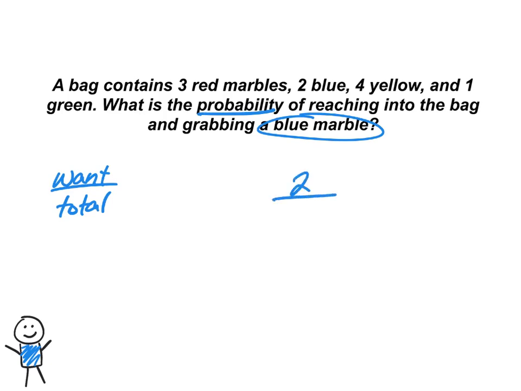Now we have to figure out the total to go in the denominator. There's 3 red plus 2 blue, that makes 5. Plus 4 yellow is 9, plus 1 green is 10. So 2 out of the 10 total are blue. So if we reached in that bag with 10 marbles in it, the probability of grabbing a blue one is 2/10, which simplifies to 1/5, which as a decimal number gives us